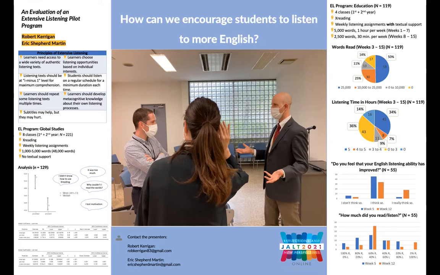So the group who participated in this program, their average CASEC score was about 400, and the lowest score was about 140, and the highest score was about 700. And so one of the courses that students take is called Basic Communication. So it's their speaking and listening course. And so we thought that this was the most ideal course to introduce extensive listening.